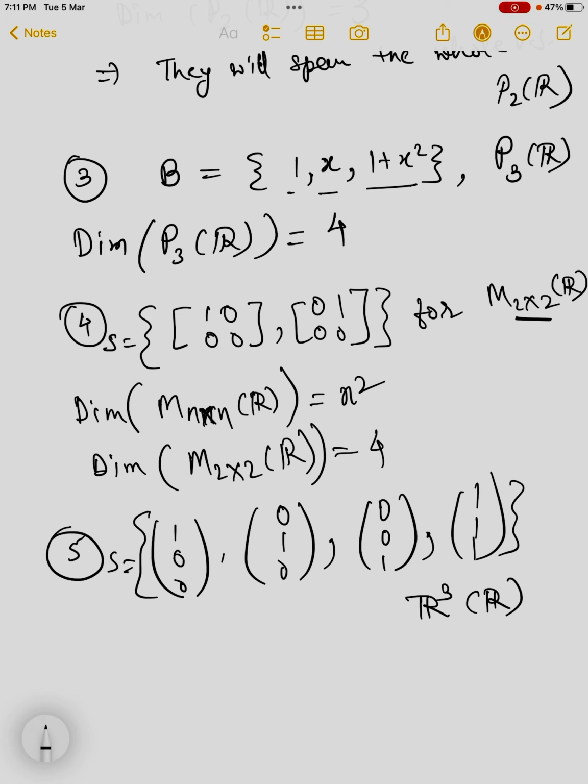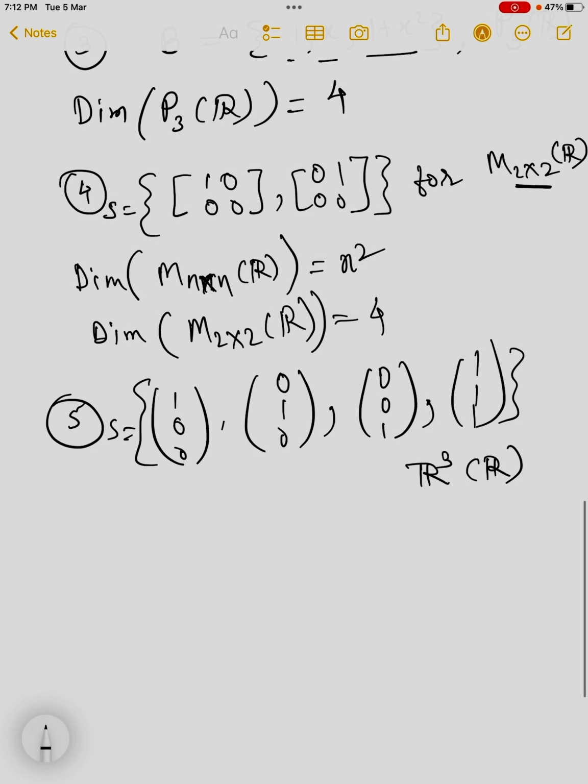Here, the vector space is three-dimensional, and we have four vectors in the set. So this set will be linearly dependent, LD. And what is the reason behind the linear dependency of this set? Because when we take the linear combination of these vectors and equate it to 0,